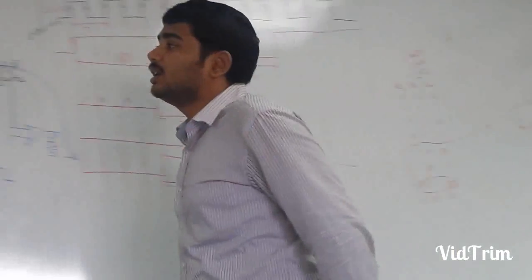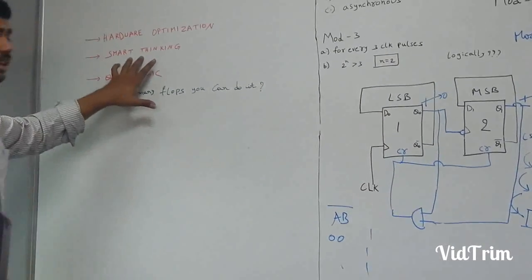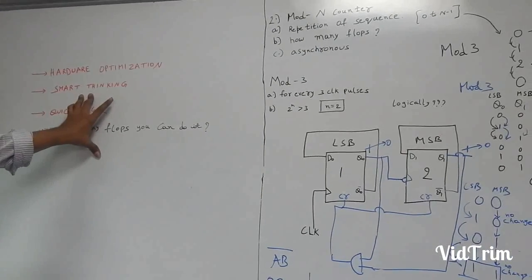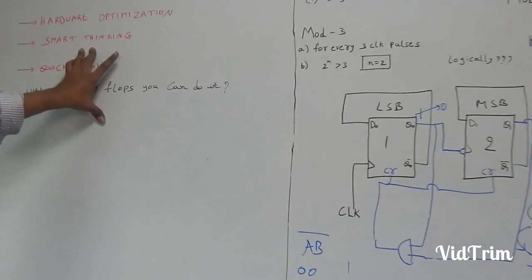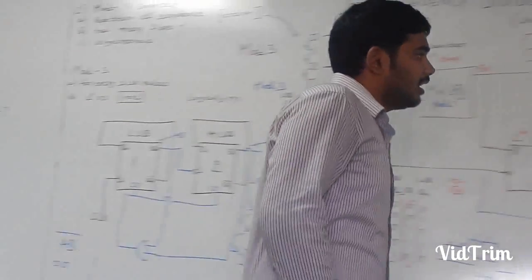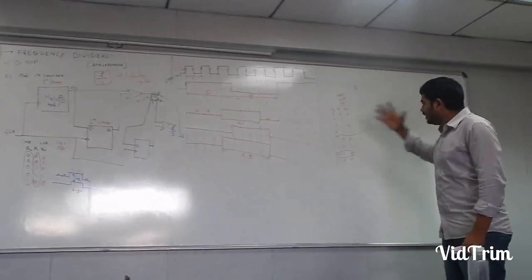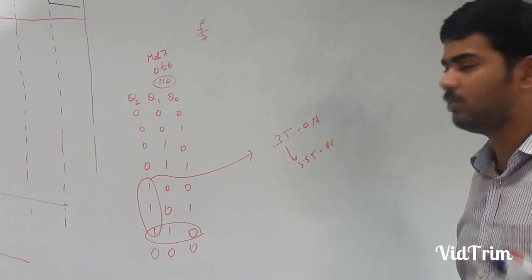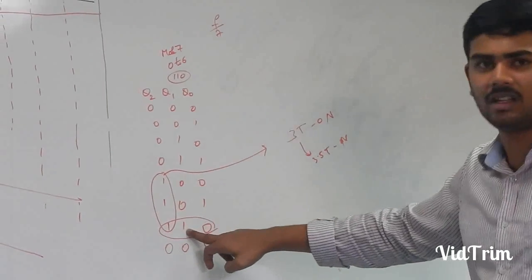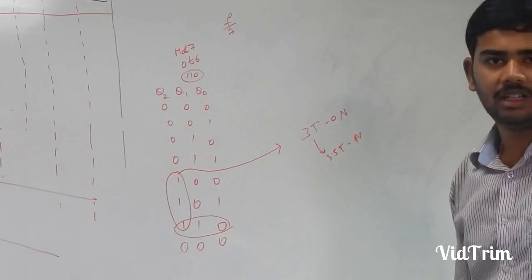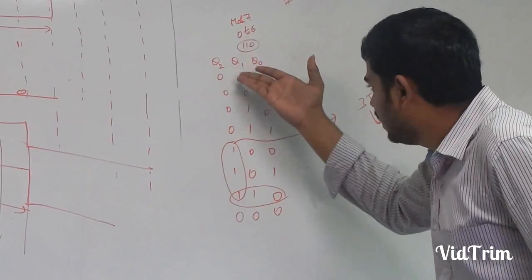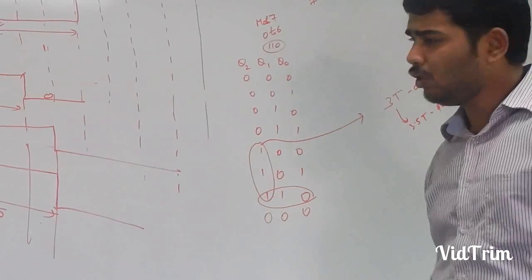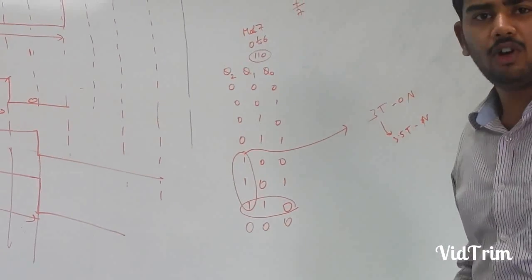So that's what I wrote here about smart thinking. Those who think very smartly can wrap it up within no time. Why I am saying this is that by seeing, Q0 is useless and Q1 is useless, because zeros once is there, but again 1 is there, so I cannot make that sequence. And by seeing Q2, it is clearly very nice: all zeros followed by ones. Obviously I can make it 3.5 on and 3.5 off.